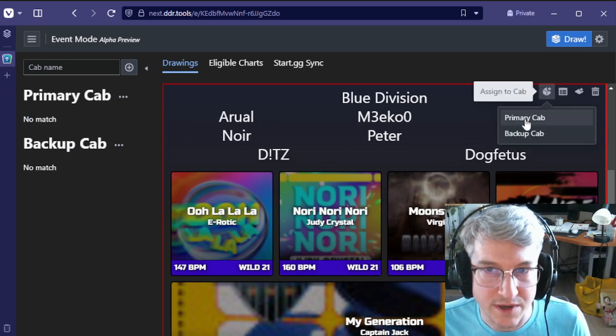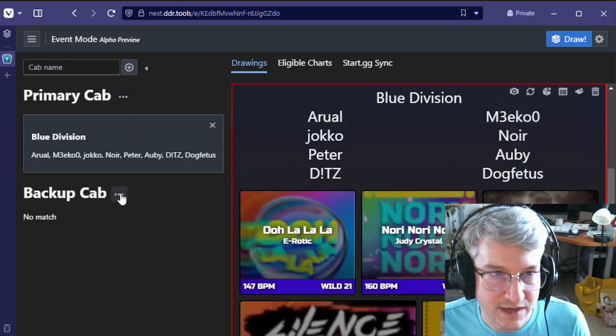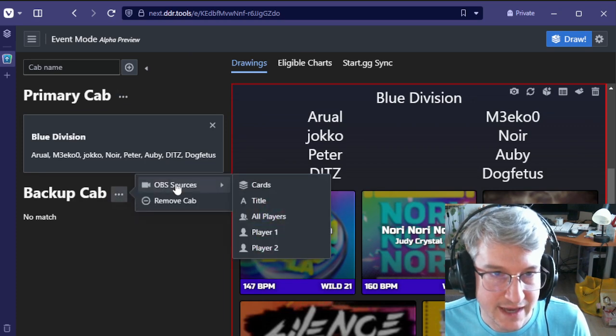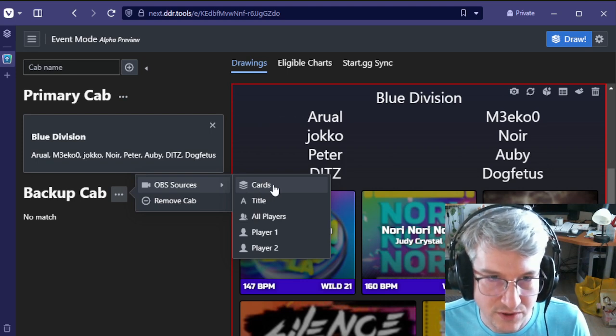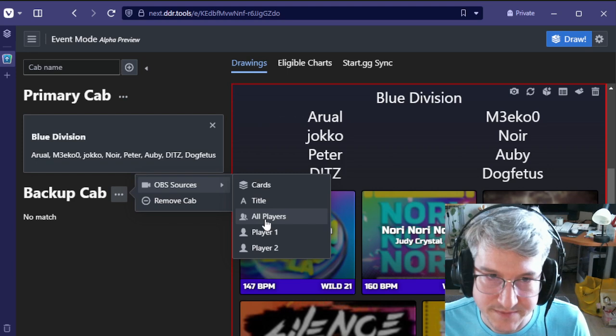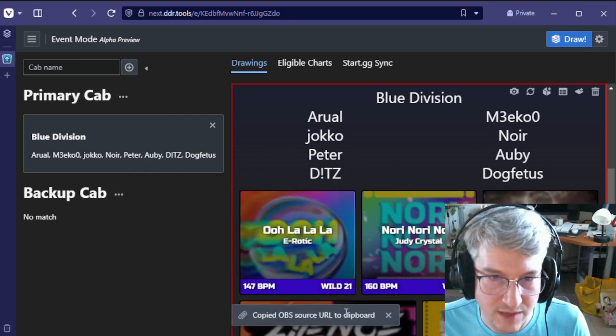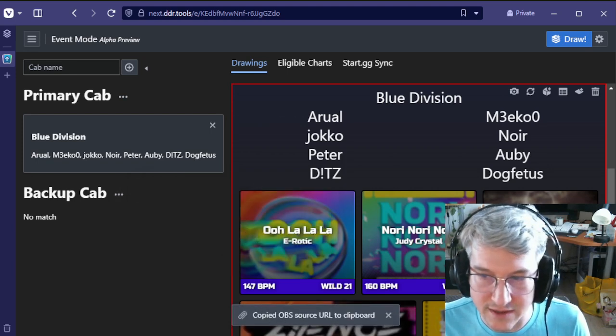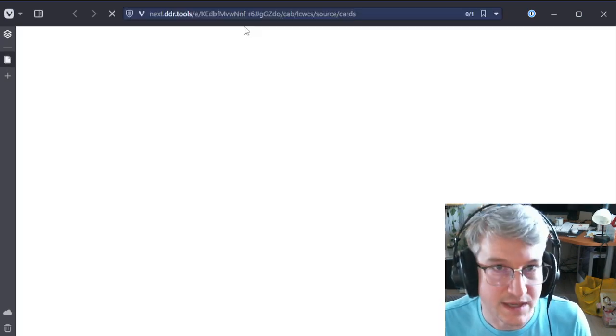The important thing about cab assignment is every individual cab has dedicated OBS sources for the cards for whatever the current match is, the title of that match, player 1 and player 2 individually, or a list of all players. Click here, it's going to copy that to a URL, and then if you paste that here,